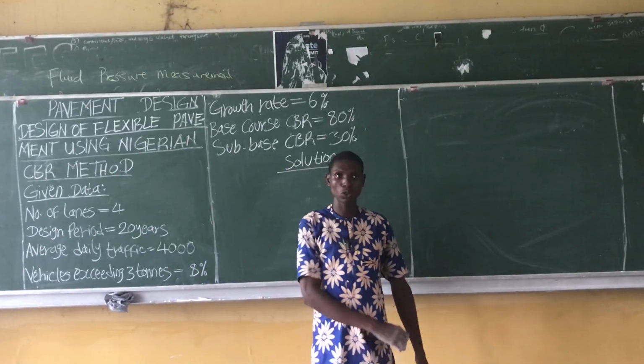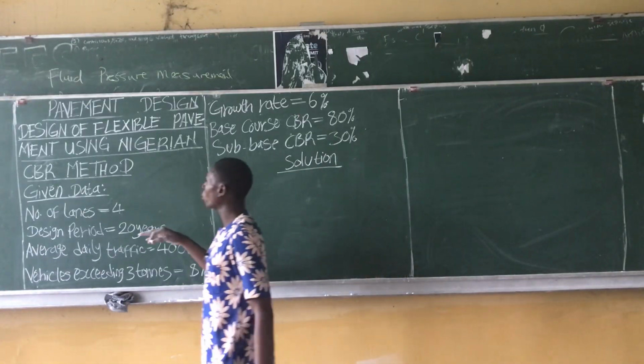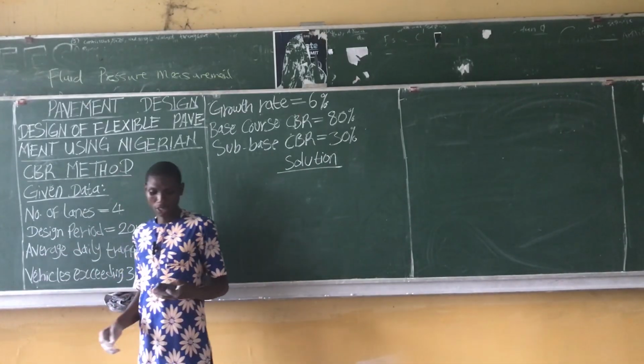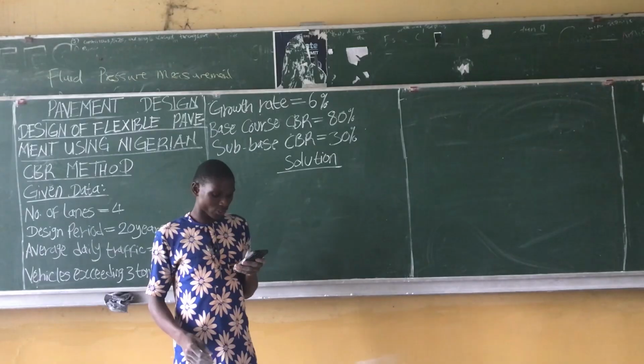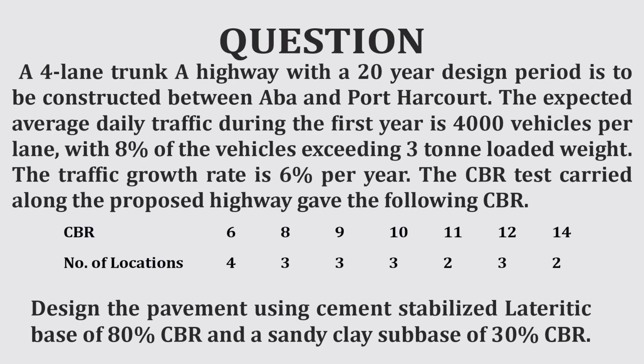CBR method. In this method, we use the Nigerian CBR approach to design our flexible pavement. So we'll be taking a sample problem. The question says a 4-lane trunk A highway with a 20-year design period is to be constructed between Aba